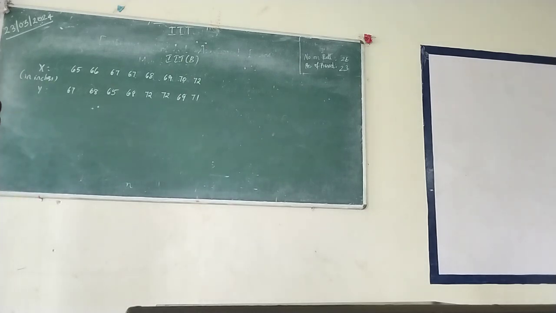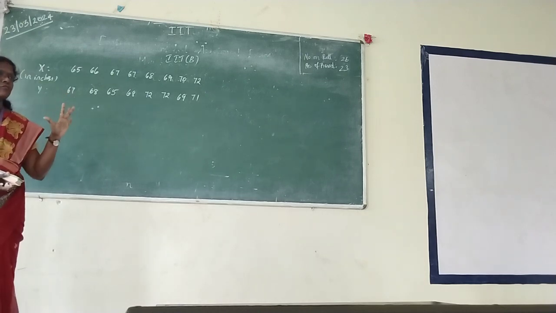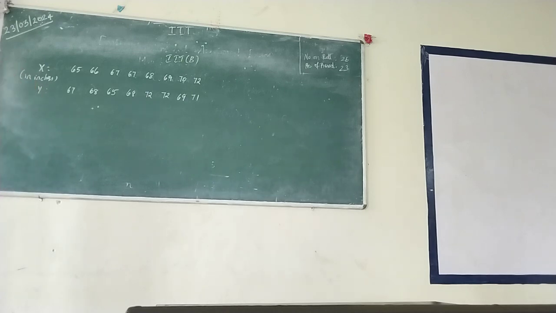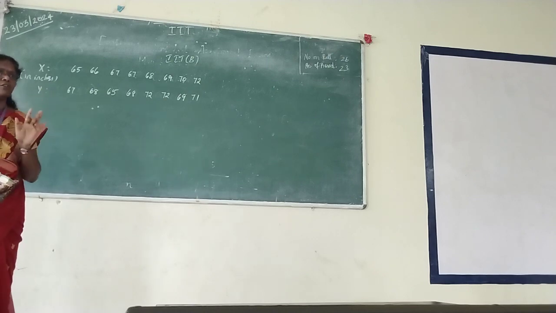Whenever you are given the problems, first identify the necessary things you have to find. To find the numerator, you need E of x, E of y, E of xy. The denominator has sigma x, sigma y. To find that, you need E of x square and E of y square. So before substituting the formula, you need all these 5 data. Only then can you substitute the formula and write your answer. So the first step is to find all these 5 values.